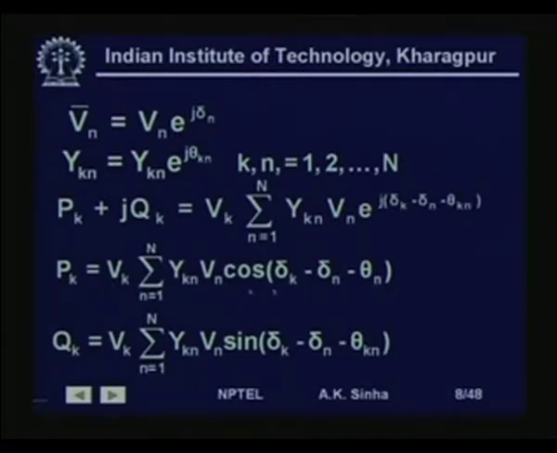So, this is the real power injection, that is, when we take the cos of this angle, then we get the real part. When we take the sine of this angle, we will get the reactive part. So, reactive power injection Q k is equal to V k summation n is equal to 1 to capital N y k n V n sine of this angle, that is delta k minus delta n minus theta k n. So, this way we can see that we have got the real power and reactive power injection for any bus